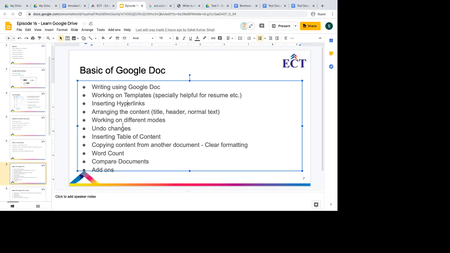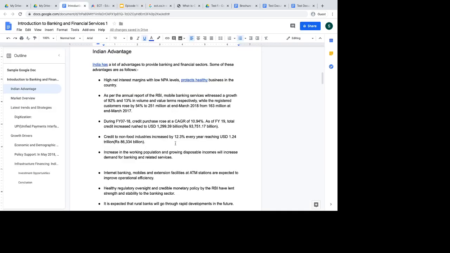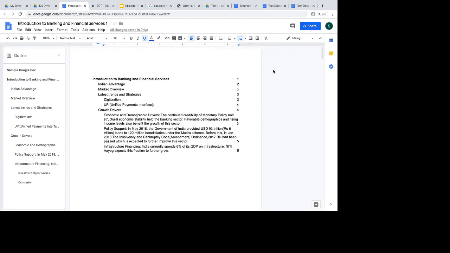Then coming to arranging the content in title, header, and normal text, we just saw that. Then working on different modes. If you have to give feedback to someone, it's always better to change the mode from this one. Look at this one, from editing to suggesting, right? So in this particular case,